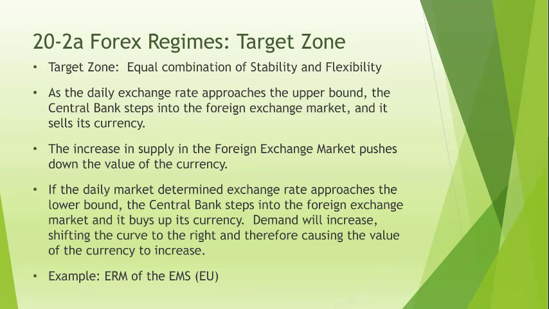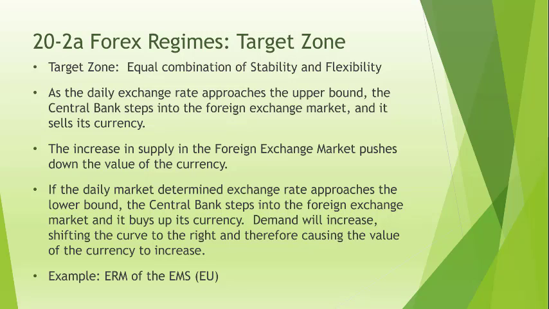Next one is the target zone. The target zone is kind of an equal combination of stability and flexibility. So instead of having a peg and then moving that peg, why not just have a band? So you can see that with a band, the currency can be flexible in terms of any rate that lies between the outer limits of your band. Now, as soon as you get to the outer limits of the band, so in other words, if you approach the upper bound or the lower bound of the band, then the central bank will step in to the foreign